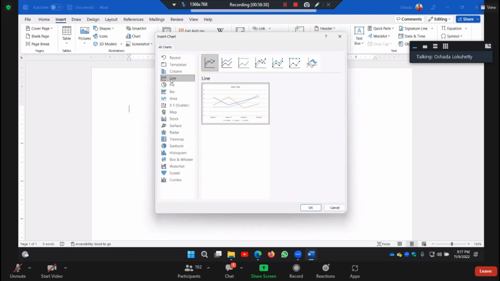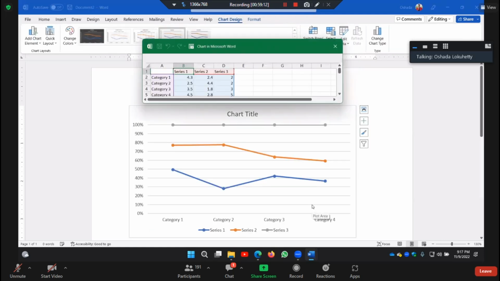And when we select the line chart, there are different types of models here, right? You can see different kinds of line charts here. You can select one according to your preference. So I'm using this one, 100% stacked line with markers, right? Or else you can use any other kind. So I'll use this model and click on OK, right? As soon as I click on that, a chart will appear on my document,